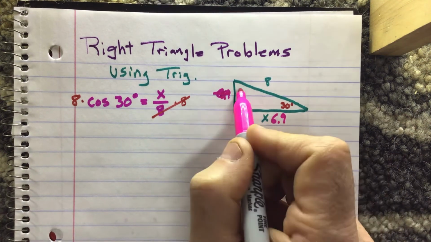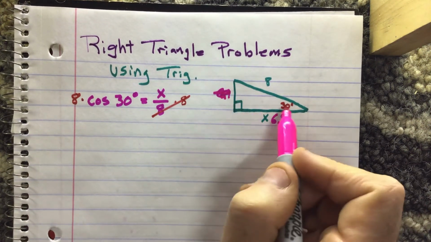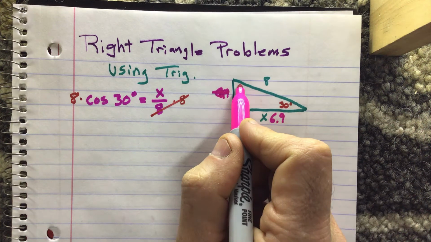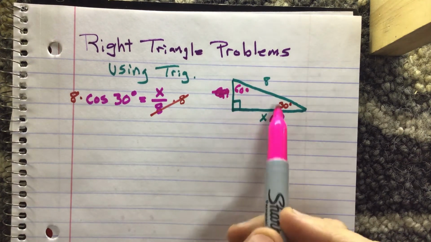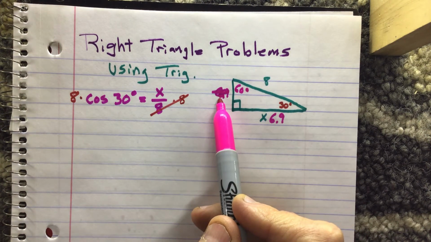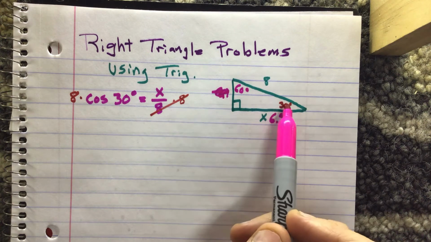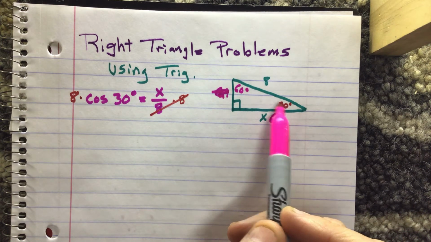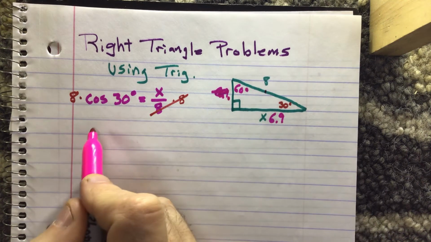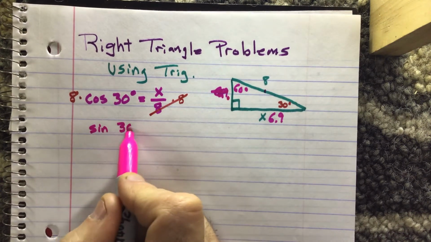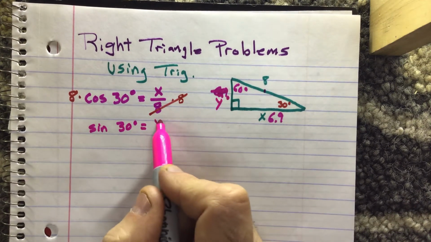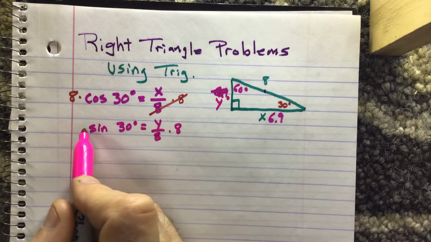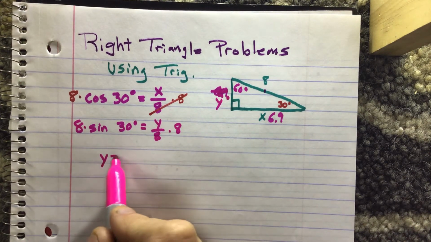If we were asked to find this missing angle, we know that the sum has to be 180. So if this is 90 and this is 30, this has to be 60, right? So we learned that in geometry class. You could use now the Pythagorean theorem here to find this missing side, or you could use trig again if you wanted to, and you could say, looking at this 30, opposite over hypotenuse. So you could say the sine of 30 degrees equals, we can call this y if we want to, y over 8. Multiply both sides by 8 and you'll get the answer,